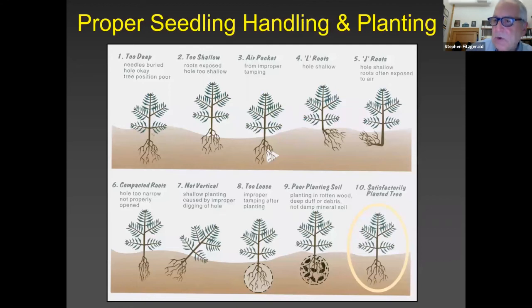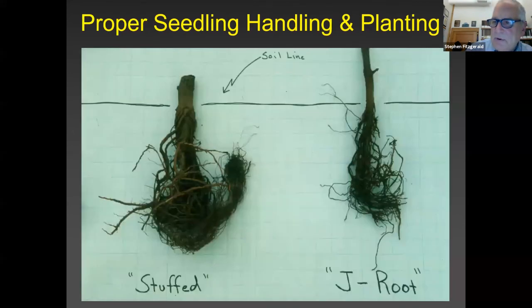And probably this goes without saying, but you don't want to plant them too deep or too shallow, or have debris in the hole. If you don't plant a deep enough hole and you end up with what is called a J root, a lot of times these seedlings don't do well and die because the seedlings are in a poor form, and they actually may dry out because, if you could unroll those seedlings,